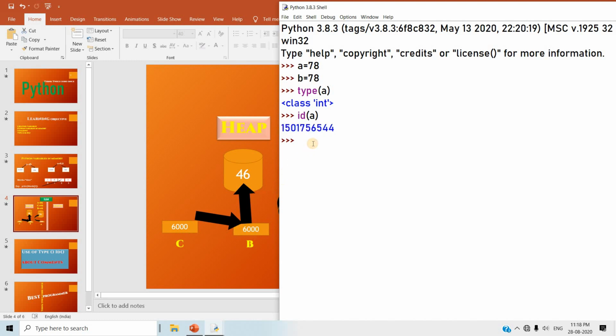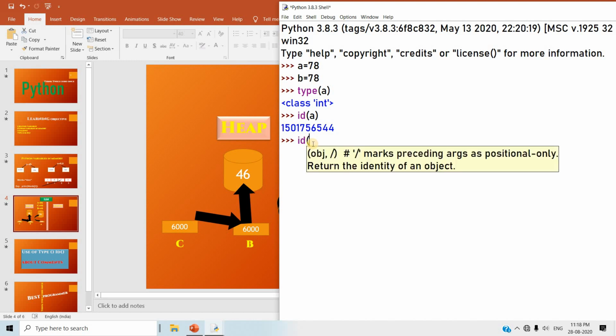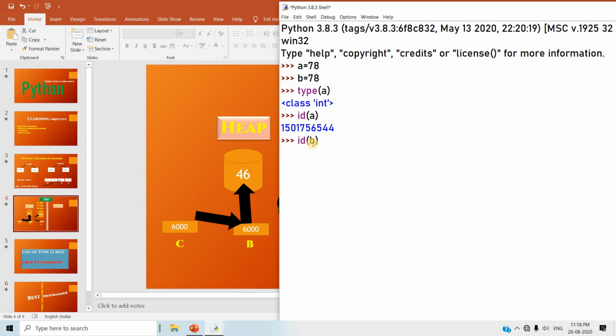Now let me show you the value of b. b is a variable. You can see that it proves the memory addresses are the same because the values are the same.